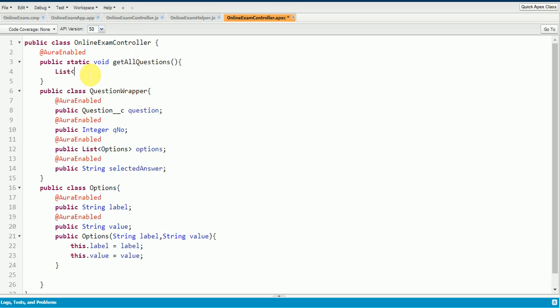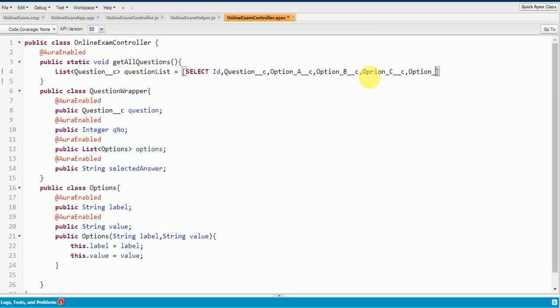So I'm going to write a query here: list of question, questionList is equal to select Id, Question, Option A, Option B, Option C, Option D, and also I'm going to get the Answer and IsActive as well, to check whether the question is active or not.